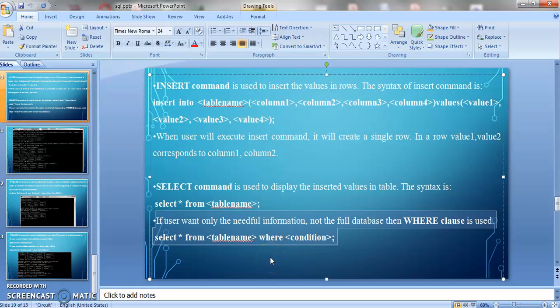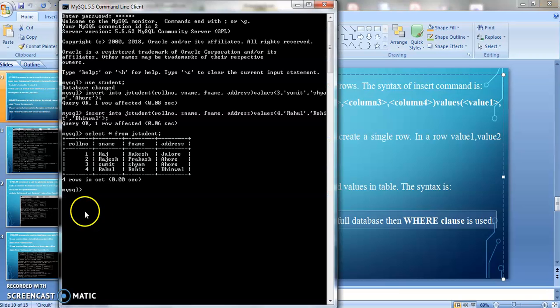Okay, so let's do the practical. Suppose I want the data of those students whose address is Ahor. So I'm again repeating, I want the data of those students whose address is Ahor. So I will write select star from JStudent where, which is needed when I'm putting some kind of condition.